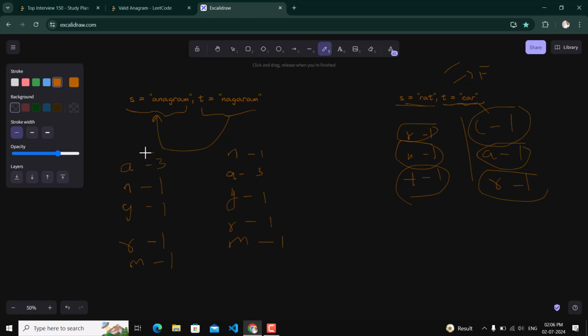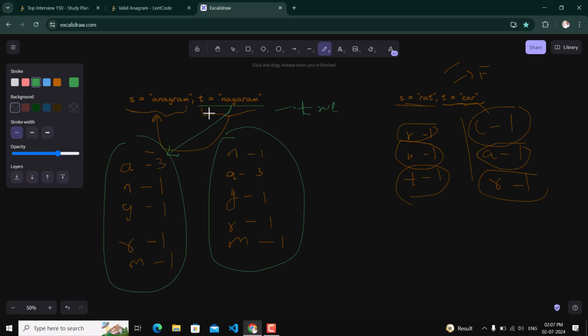So here we can see the frequency of each character in the original string is the same as the frequency of each character in the string formed by rearranging the characters from the original string s. So t is formed from rearranging the original string, which contains the frequency of each character exactly the same. So we can say that yes, this is an anagram. Okay, so t is an anagram of s. Here we will return true. Okay, so I think we have understood the question pretty well.